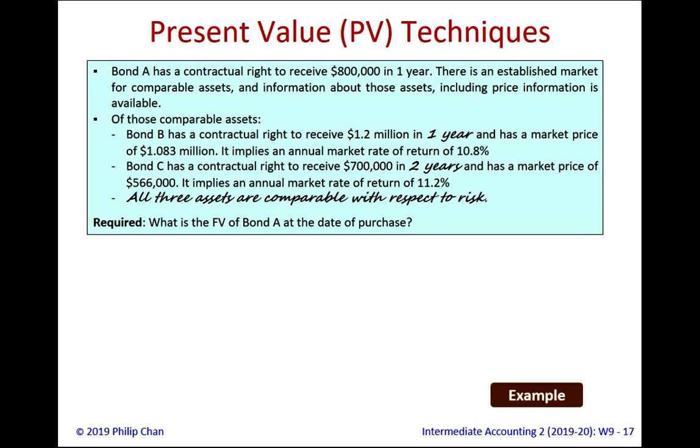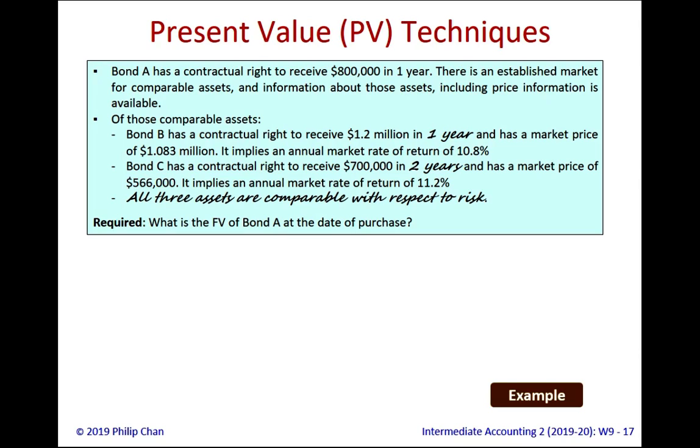Bond B has a contractual right to receive 1.2 million in year 1 and a market price of 1.083 million, which implies an annual market rate of return of 10.8%. Bond C, another comparable asset, has a contractual right to receive 700,000 in 2 years and has a market price of 566,000,